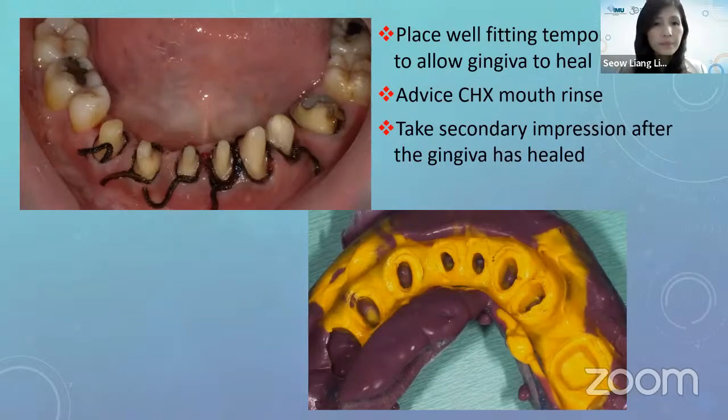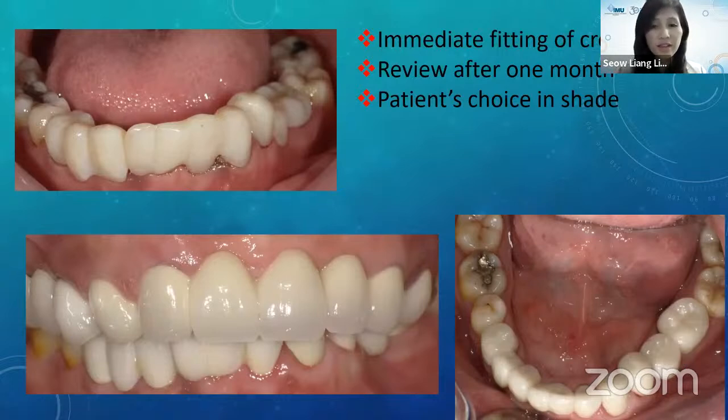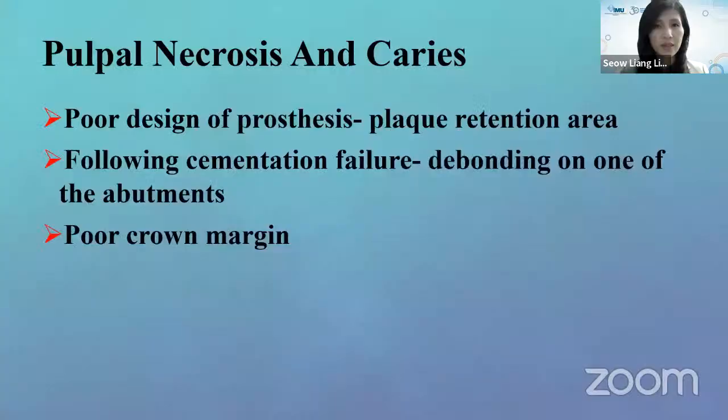All right. So this is the interim period with our provisionals, and then we proceed. This is the final restoration that she requested, especially the shade. You can see she really wants what we call a toilet bowl white kind of prosthesis. All right. So another failure that I have